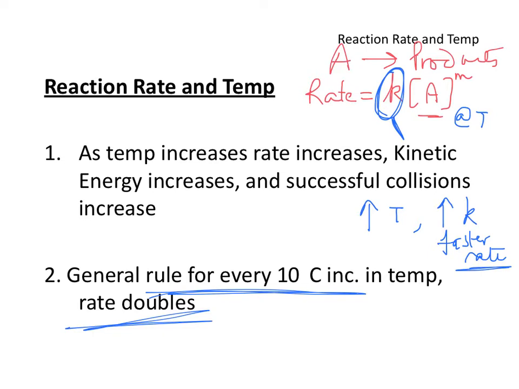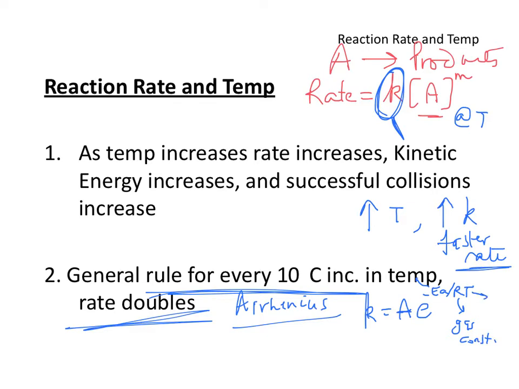Now, this whole dependence was worked on in the 19th century by a very famous Swedish chemist by the name of Arrhenius. He's the same guy who also worked on Arrhenius acids and bases, remember, from Gen Chem 1? He gave a certain law. He said that the rate constant can be seen to be equal to a frequency factor times the exponent of negative Ea over RT, where Ea is my activation energy,